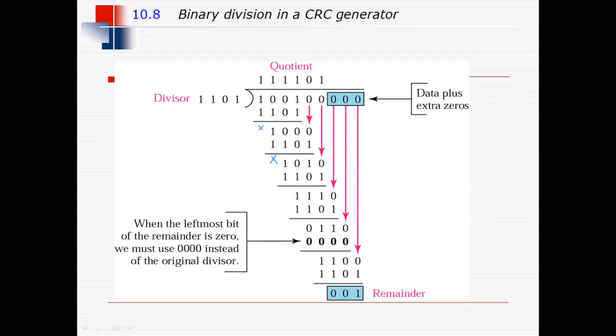Now 1, 1, 0, 1. So we will perform modulo 2 subtraction. So the first bit, because it is 1, 1, we will cross this one. It is by default 0. Now 0, 1 is 1. 1, 0 is 1. 0, 1 is 1 because we have performed the XOR operation. Now we have taken 0 from the redundancy bits, that is the extra bits. Again, the first bit is 1. So the quotient is again 1.